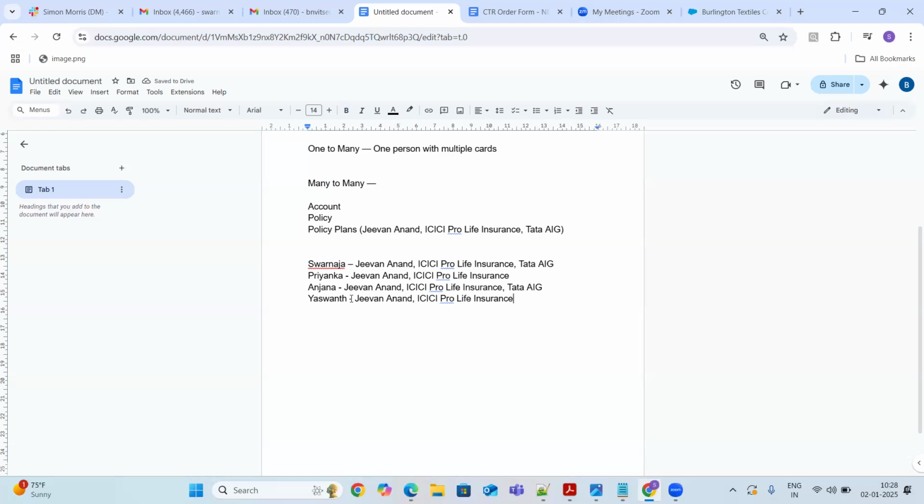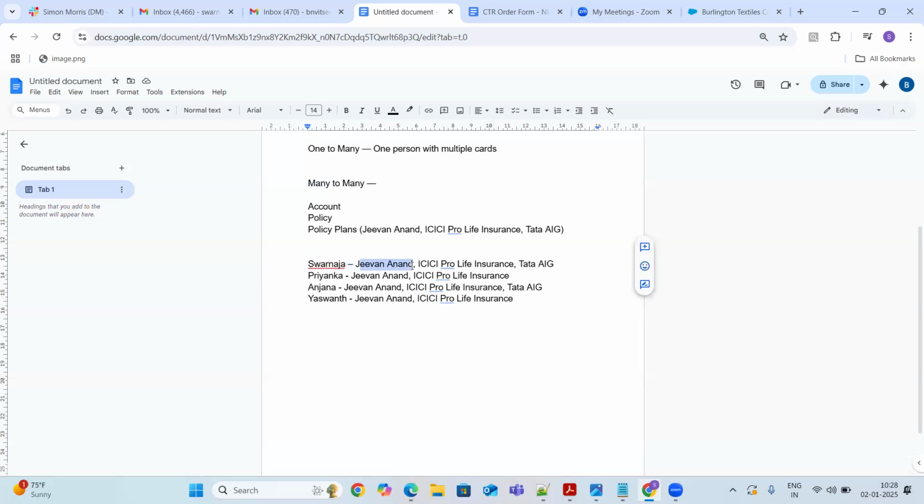This is our planning. I am planning to take three policies, Priyanka is planning to take two policies, Anjana is planning to take three policies again, and Ashwant is planning to take two policies. As you see here, Jeevan Anand is the policy, and this is only one record. I should not create multiple records for this, right?